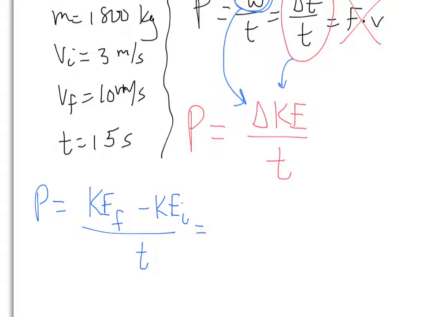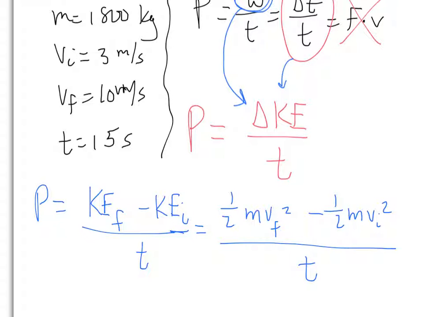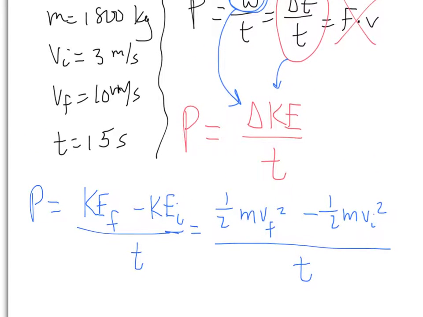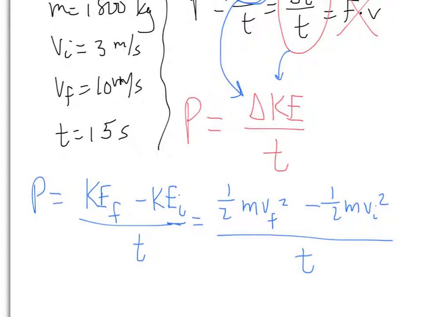And then I throw in my formulas. Kinetic energy. What's the formula for kinetic energy? 1/2 mv squared. And I'm going to put Vf squared for final. The mass is constant. It's not changing. It's not like we have a rocket where it's burning rocket fuel or something. So I can leave mass as just m. At this point, I could plug in, or I could simplify a little further.